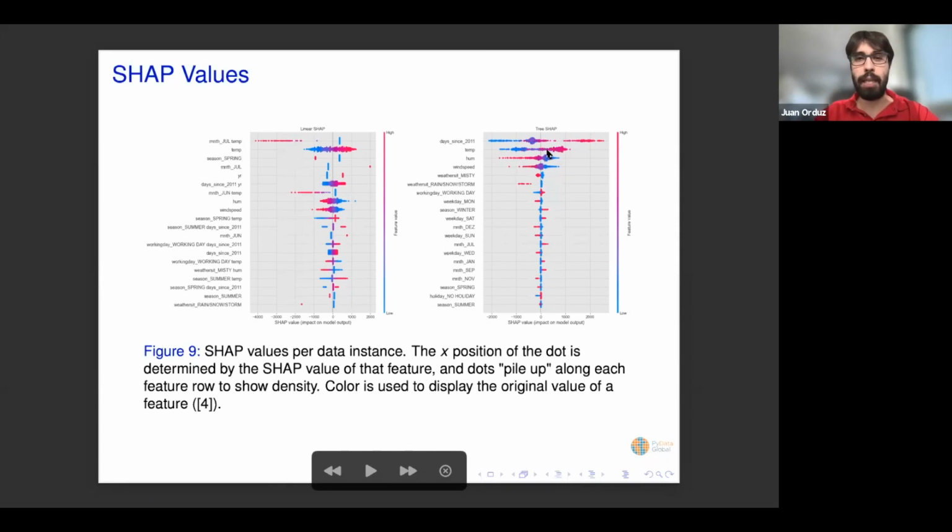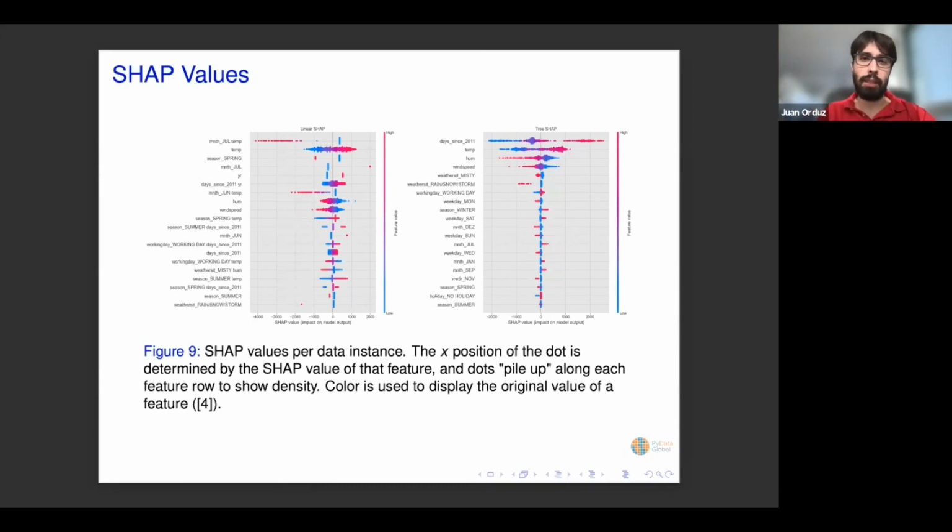And I think that we will see that in a bit. Notice that with respect to the ranking, the month of July times temperature comes quite up, but also temperature. So what we're seeing is that these SHAP plots, or the SHAP value importance, is actually taking a little bit from the beta coefficient and also taking a little bit from the weight effects.